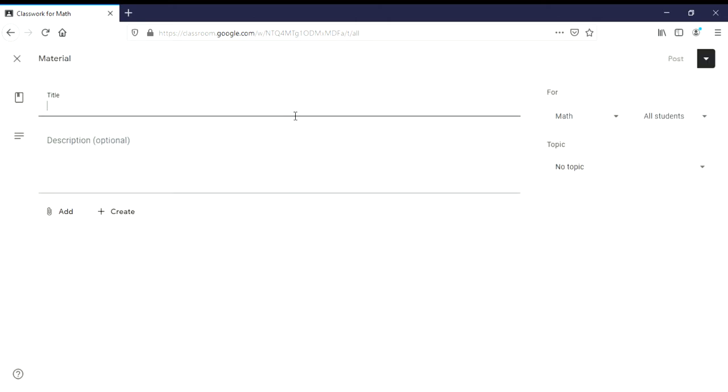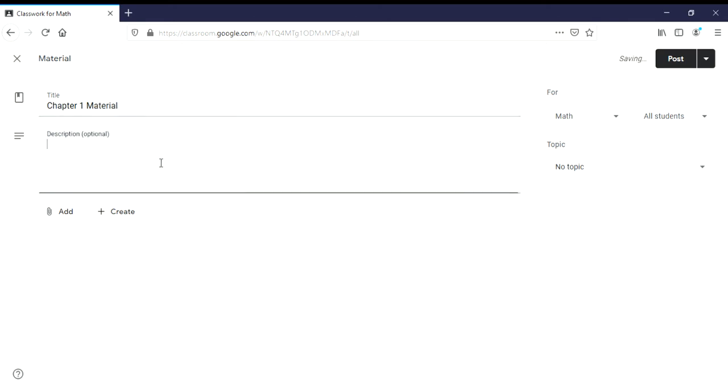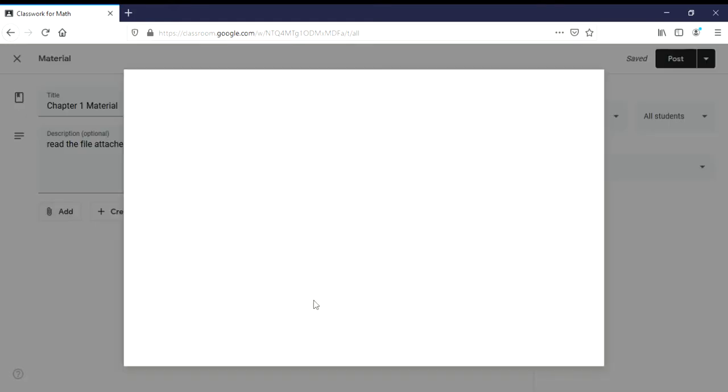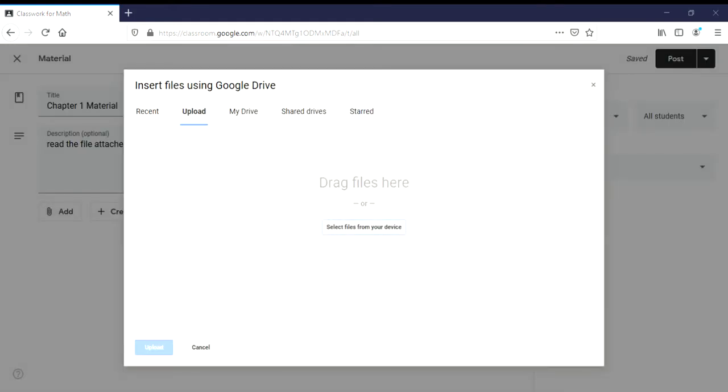When you give them the material, let's say chapter 1 material, you write: chapter 1 material, read the file attached below. And then you can add the file that you want to give for your students. Material 1, then you can upload it.